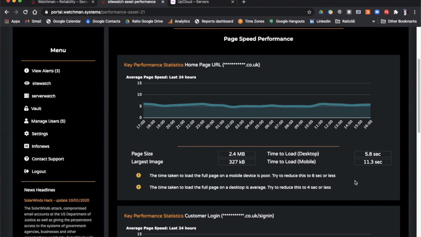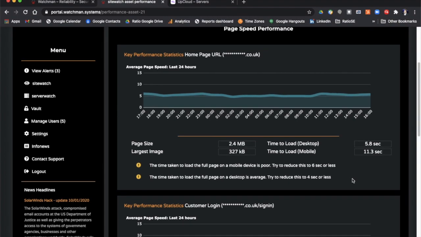Let's just capture the largest image that's being loaded on that website, and it gives us a clear picture. Bang, it looks like you're not using optimized images, and even when you look at PageSpeed Insights from Google and so on, it's quite clear that images probably have the biggest impact in terms of page loading. So we have these core key performance indicators, and again, we can track them over 24 hours, over longer periods,